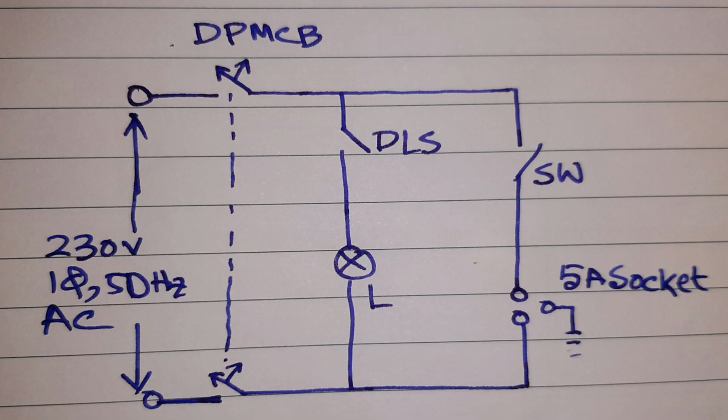Okay, so this is a typical inside control circuit of an NGR. You can see that the NGR requires a single phase 230 volt supply connected with a double pole MCB, and this is further connected with a switch to a socket for any additional supply requirement, and it is connected with a lamp by means of a door limit switch. The purpose of the limit switch is that when you open the door, the light will glow, and when you close the door, the switch will open and the light will be turned off. So this is present inside an NGR panel. This is the basic design of an NGR.